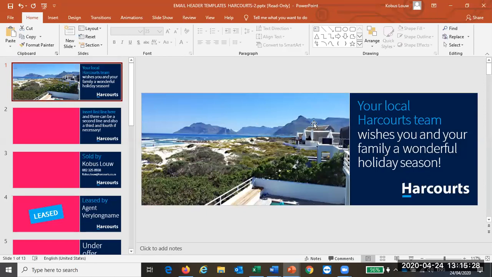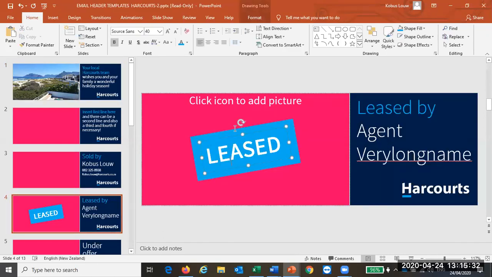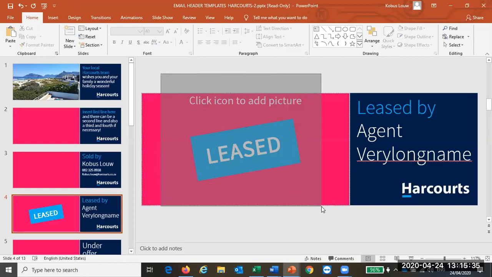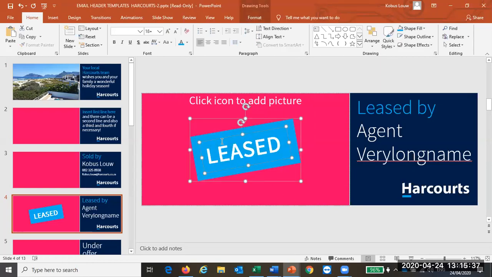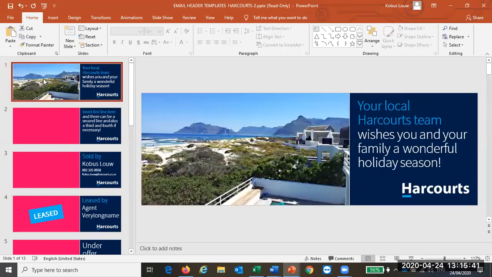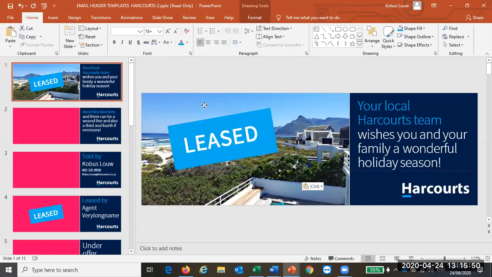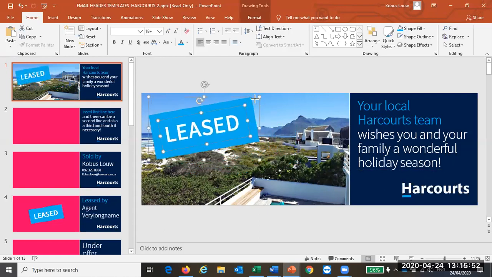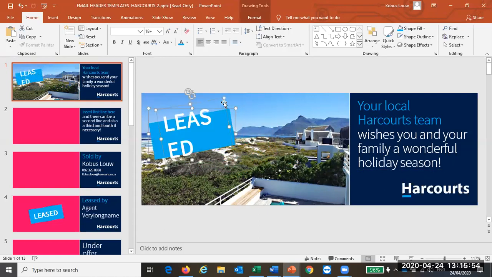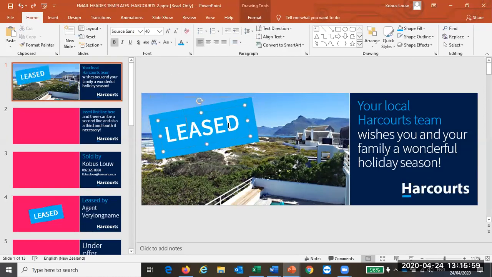And if this is a property that's new on the market, I can actually maybe just copy this little design here. If I highlight this list and I click on copy, and I come back to this slide here, I can paste that design on there. So I will click on paste, and it will paste this design on here. Now, if I want to reposition this maybe into the top corner, oopsie daisy, this is going to be interesting now. Actually, just want to say,